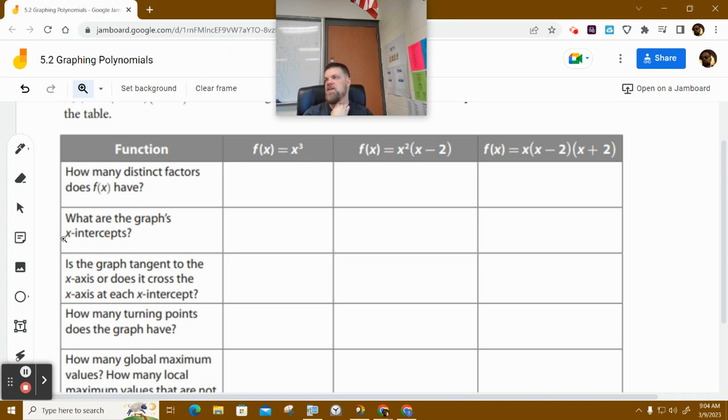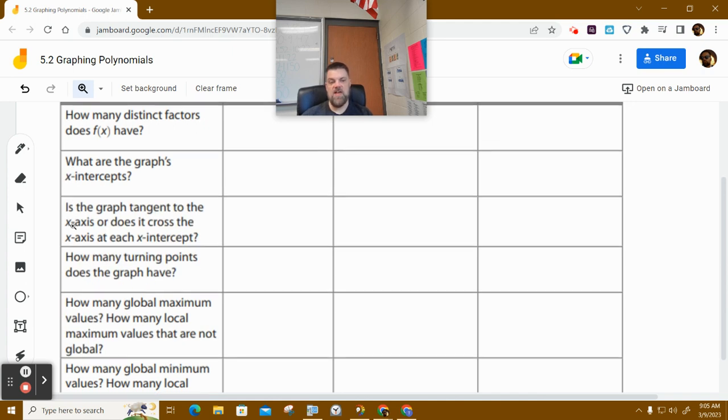I remember one year I was teaching, and I would get a function and I could graph it without the graphing calculator, and the students were calling me a wizard. What I'm going to teach you is how I can graph without a graphing calculator. I know what it's going to look like because I've memorized whether it's an even power or an odd power. I know where it's going to go in, where it's going to go out, and where it's going to cross the x-intercepts. So I can ballpark what the graph would look like. The next thing that we're going to list in that first column is, is the graph tangent to the x-axis or